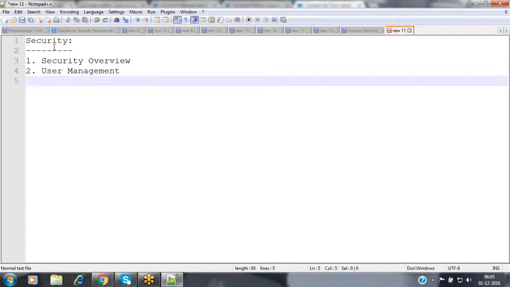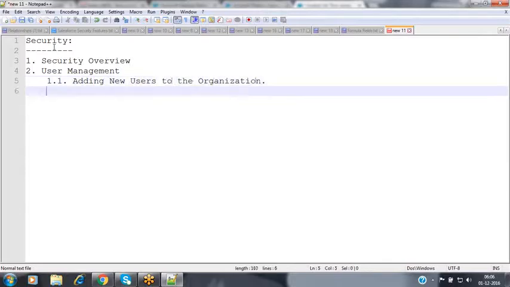In that user management, we are going to discuss adding new users to the organization. How can we add a few new users to the organization by granting some permissions? In future, if these users have left the company, the organization or the team, then how can we prevent these users from logging into our application? How can we prevent these users from accessing our application?